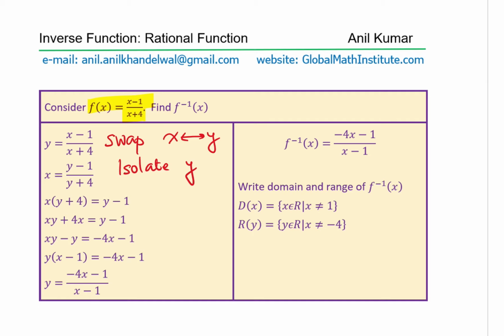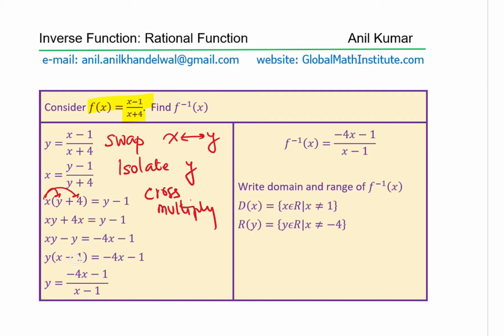So do cross multiplication, right? So we do cross multiply. And we get x times y plus 4 equals y minus 1. Now bring the x terms and the y terms to different sides. So bringing y to the left side, we get xy minus y equals minus 4x minus 1, right? So we did the distributive property, expanded, correct? And then we simplified by bringing y to the left-hand side, taking it as a common factor